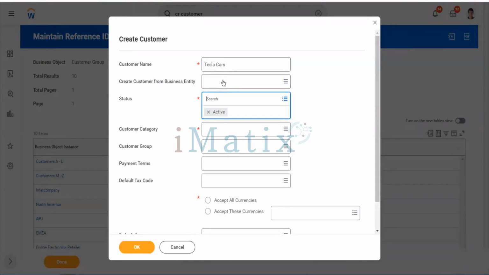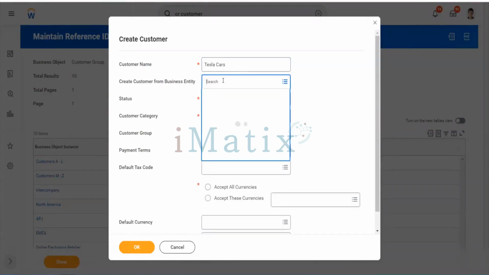If you want to create from a business entity, meaning a bank, tax entity, or institution, then you can select it from here. But I have not seen anyone using this field. There are many fields with information that is sometimes irrelevant for all of us. We don't need to go to every field and see what it does. From a learning and knowledge perspective, it's fine, but we don't need to select everything while we do configurations.